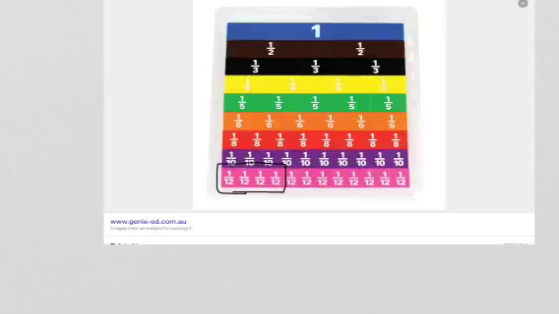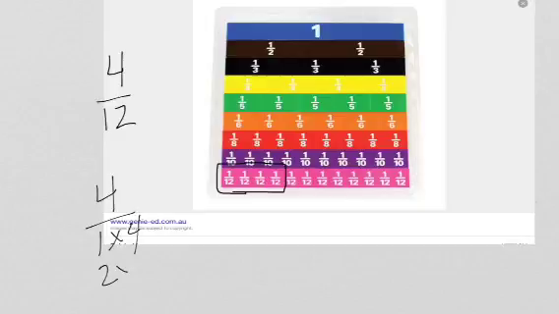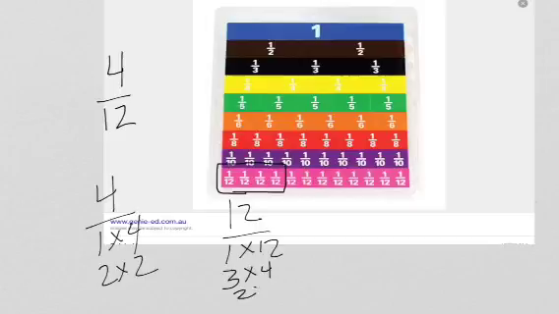Alright, so let's say that I have 4/12, which is what I've circled down here at the bottom. So if I want to simplify 4/12, I'm going to look at the factors of 4. I'm going to look at the factors of 12. And between these two sets of numbers, I see that 4 is the greatest common factor. So I divide the top and the bottom by 4,